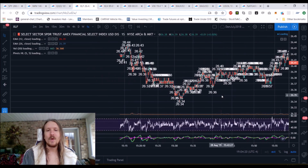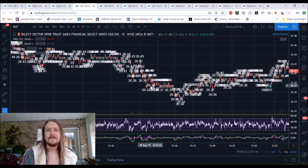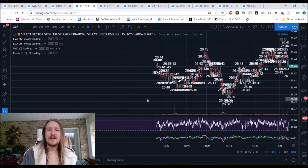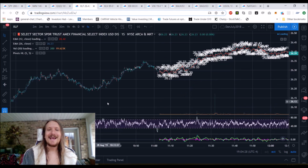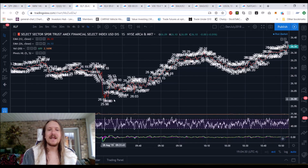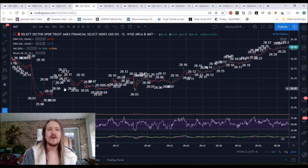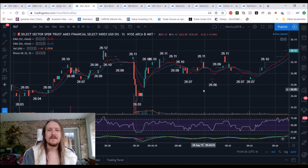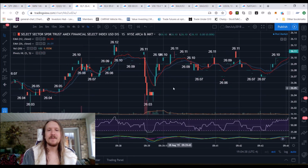So I'm going down to the 1 minute time frame. And it's going to take me a while to get back there. But I just wanted you to see the double bottoms and the speed at which these levels were hit. And then how quickly that momentum shift said, all right, bulls are safe. And yeah, it was really just a couple minutes. So low of the day, 26.03, which was the low of yesterday. Here's where that tweet, the algos reacted to whatever it was, dumped down, held that level, V-shaped rocket,